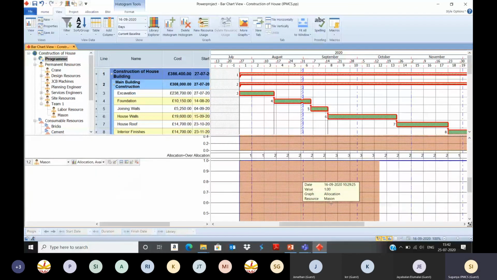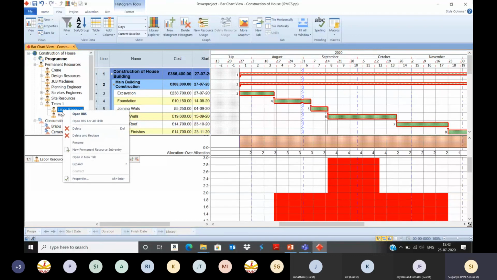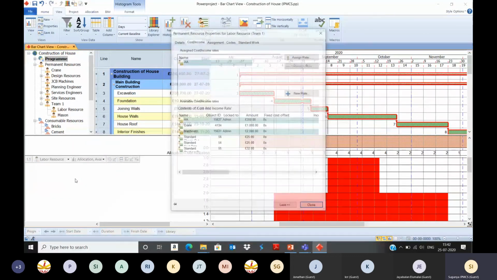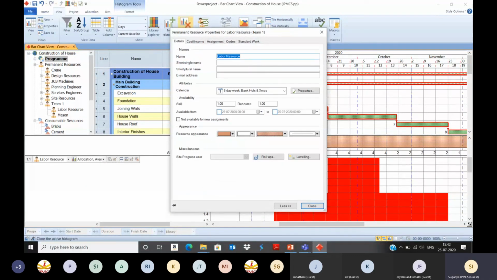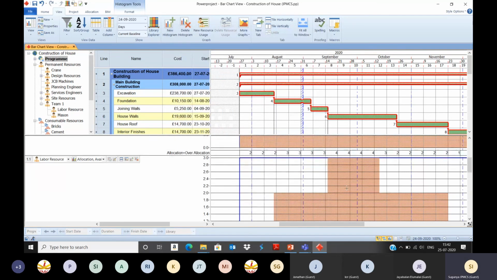So now only labor resources are over allocated. How much labor is needed? 3 labor is needed. So what you can do is go to the labor resource, right click, select properties, go to details. In the allocation, change the resource from 1 to 3. Close. Now see in the graph, the over allocation has been solved.